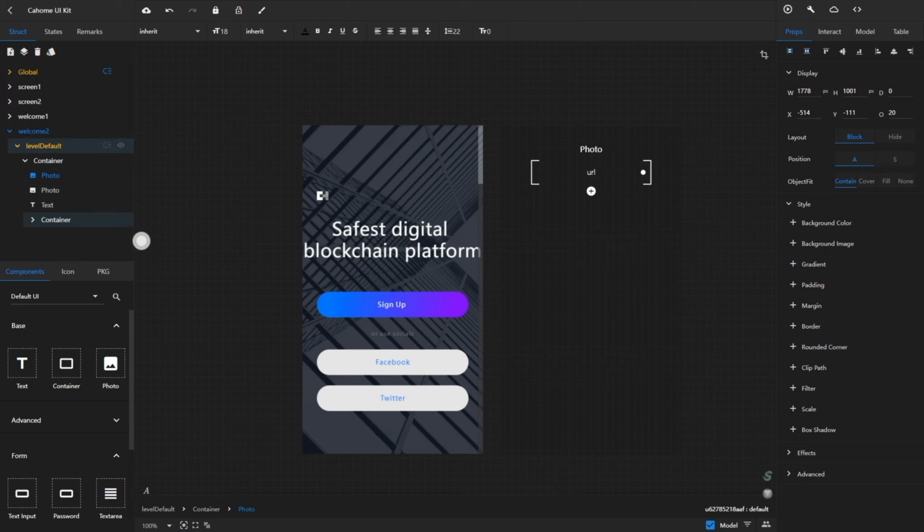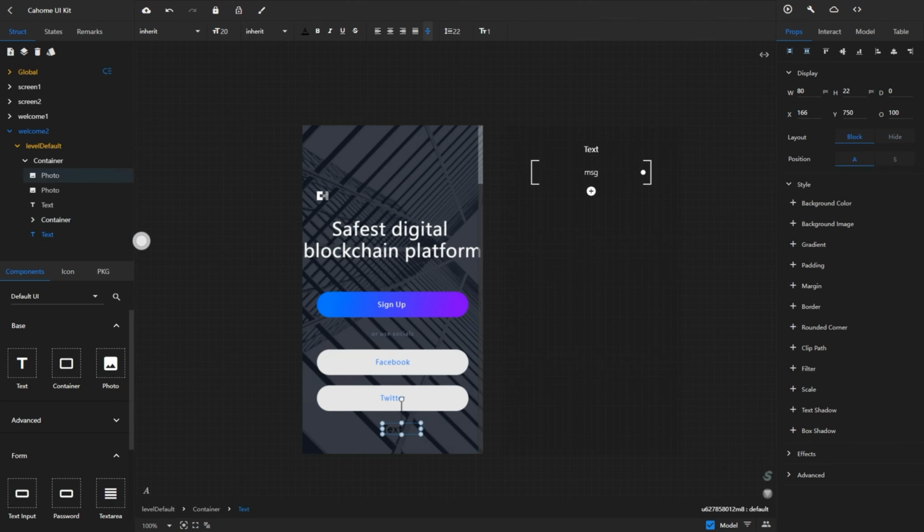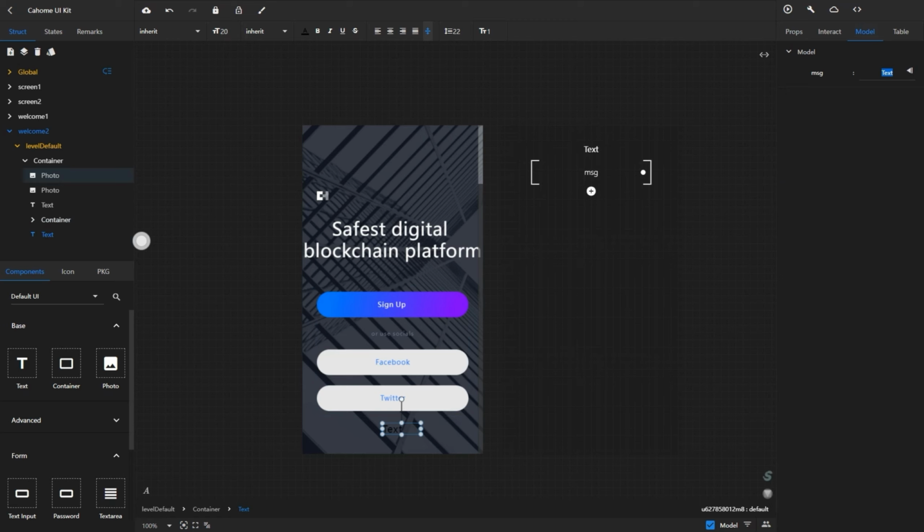Let's insert another text box. Type the text.